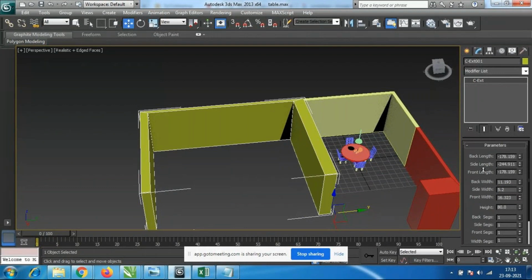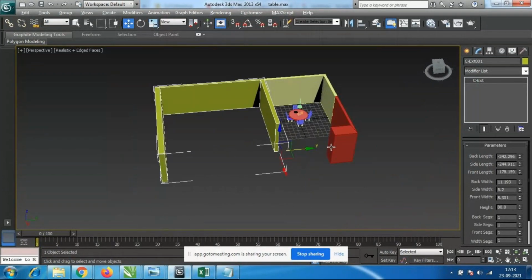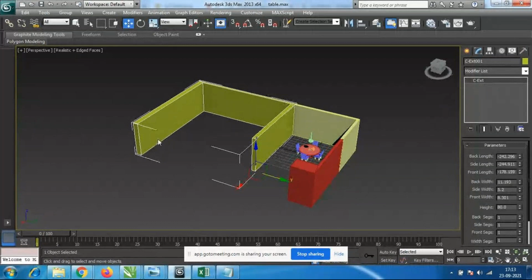So whichever walls you want to make the cupboard designs or TV unit, any interior designs you have to make, that time you can increase the thickness of that wall. Otherwise, we can show some wooden designs we are making here. Wooden showcase, otherwise wooden cupboards, otherwise any wooden designs we are making here. We can show it like that. Okay, and here look at the back length. So suppose this house model is increasing here again. So if we think this is a living room, that time which is going to extend like this, we can make it like this.